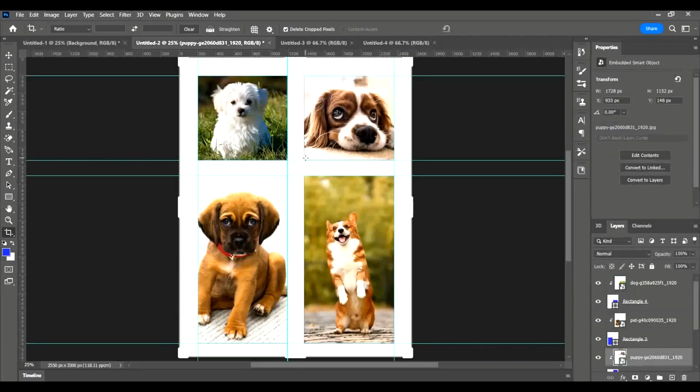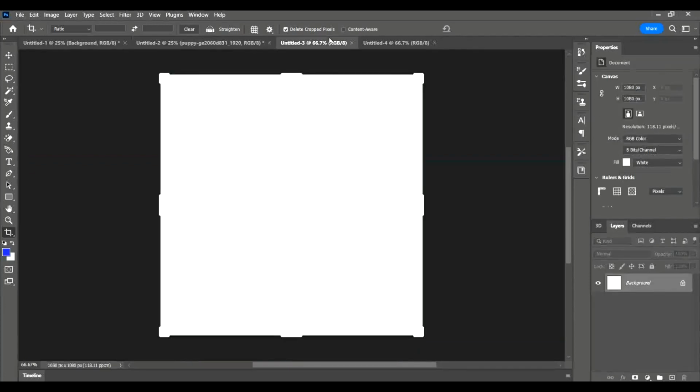And here I have created a grid of some cute looking puppies using some rectangle shapes and square shapes, and I have clipped images onto those shapes. Now here's what I mean by clipped. When you want to do this technique, you must start with the text or the shape that you want to